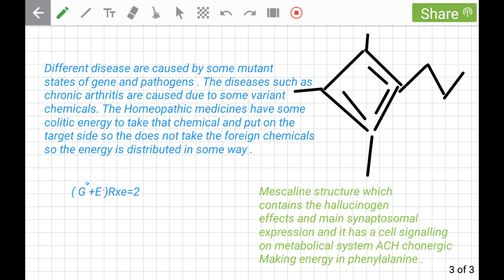So the energy becomes lower, and energy is distributed in the whole cell. So we have to take the medicine for 5 months or a year according to the problem,